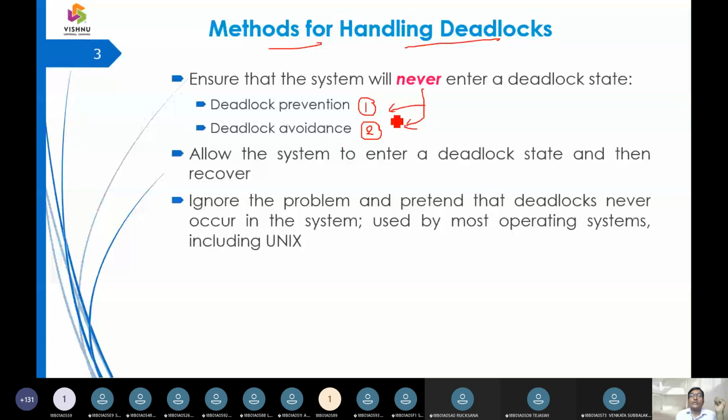So allow the system to enter a state and then it is going to be recovered. So if there may be chances of something leading to a deadlock, just roll back to the previous state. Or ignore the problem and pretend that deadlock never occurs in a system, and that is what is done in a